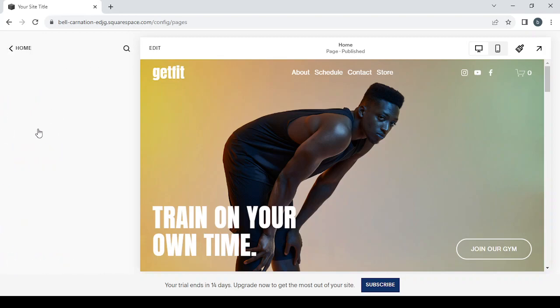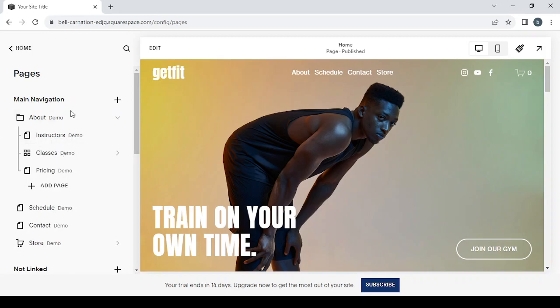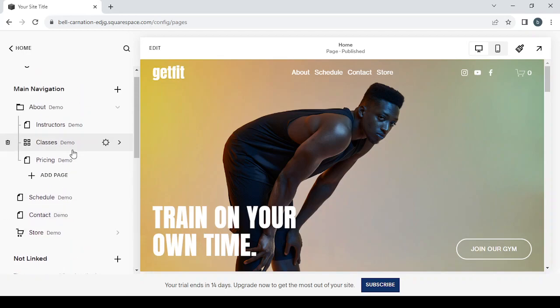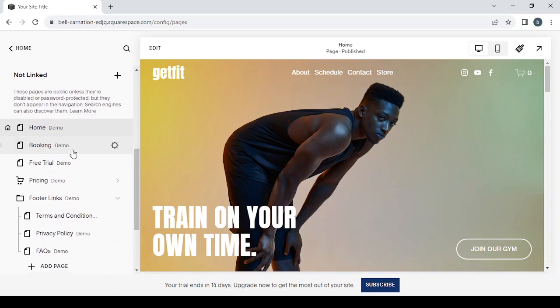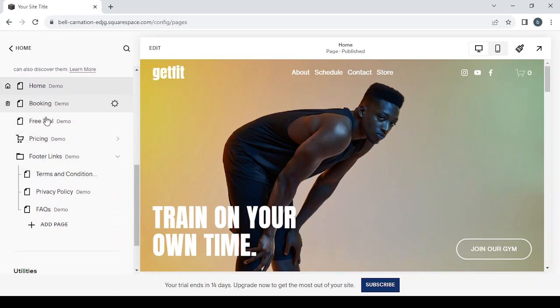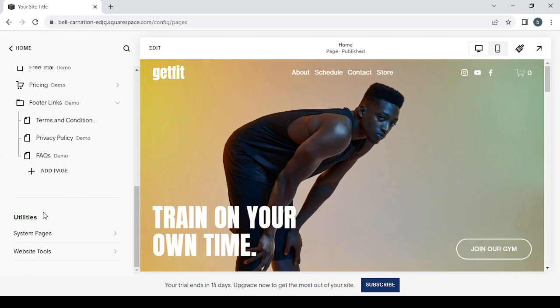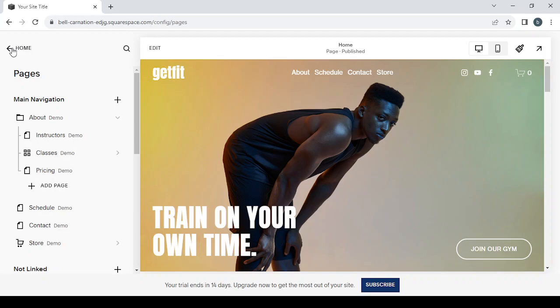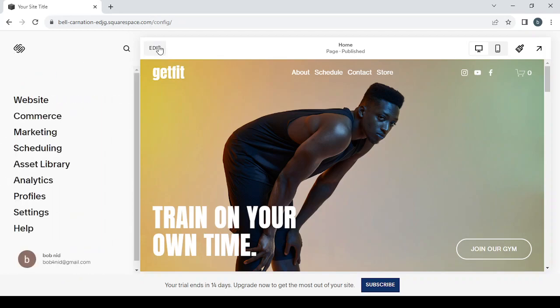So in the website, you can create pages. As you can see, you can create pages or add pages or change them or delete. You can do all the things you want. So these are all the pages that we have in the website. As you can see here, we have a lot of pages: free trial, booking, pricing, footer links, and here we have the system pages and the website settings where you can add your CSS code or your code injection, mobile information, and so on. So let's go back, and by clicking edit,